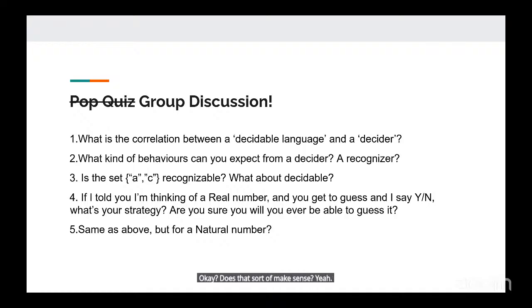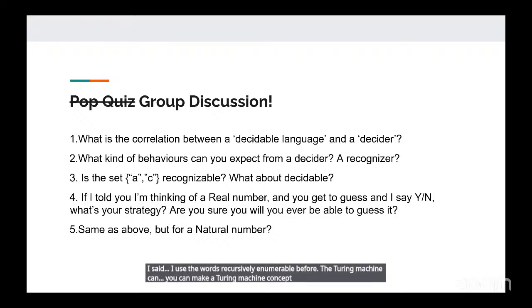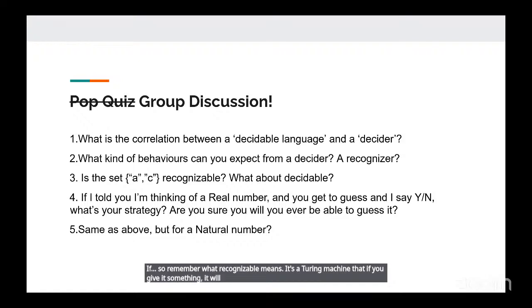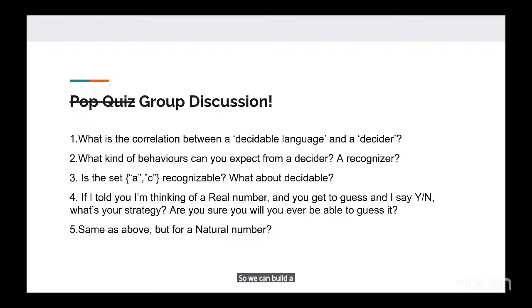Yeah. So what is the connection exactly between something countable or uncountable and a Turing machine? Okay, that's a good question. So I used the words recursively enumerable before. You can make a Turing machine, conceptually, which is a recognizer for something. So remember what a recognizer means. It's a Turing machine that if you give it something, it will eventually say yes. So we can build a Turing machine which is a recognizer for checking if something is part of the natural